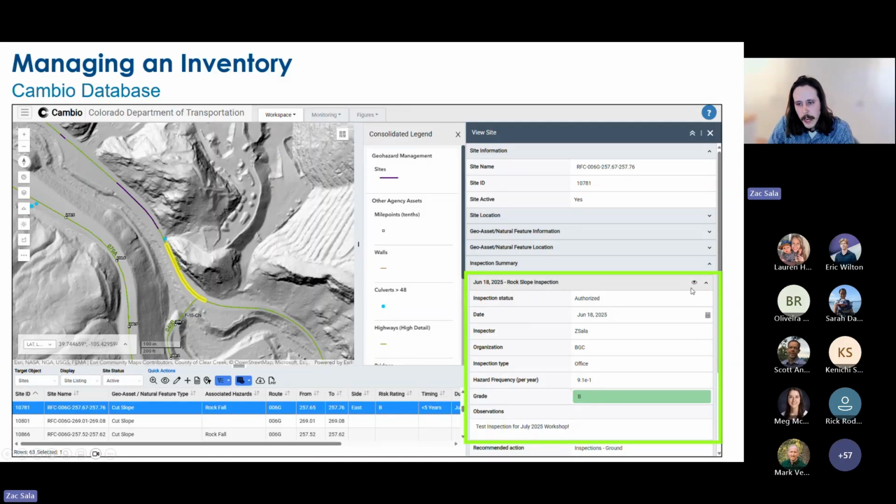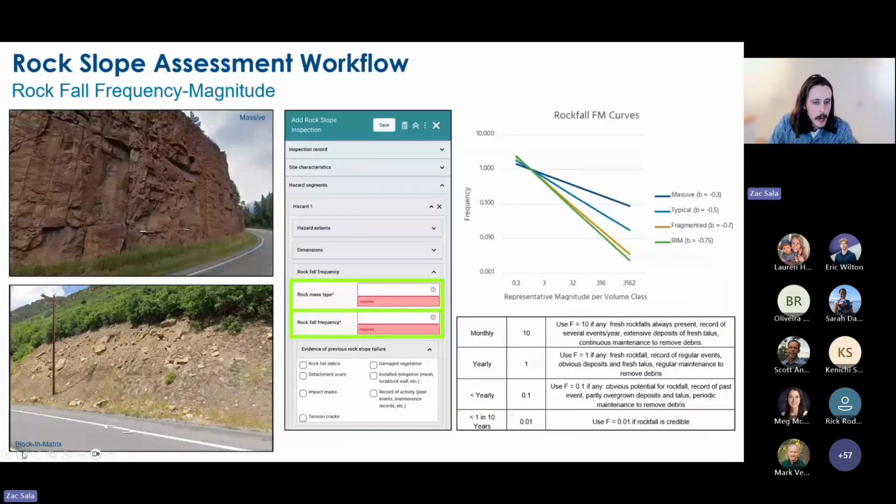And so we'll drill down now into the actual inspection and see some of the inputs that go in there, and also a more detailed breakout of that actual risk assessment. All this happens right in Cambio. As the user fills out the form, it's running the hazard calculation and then using the highway data to